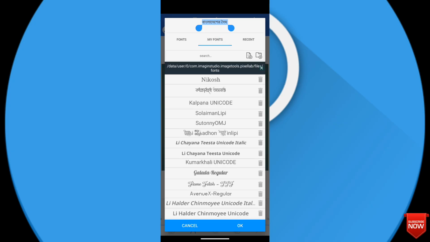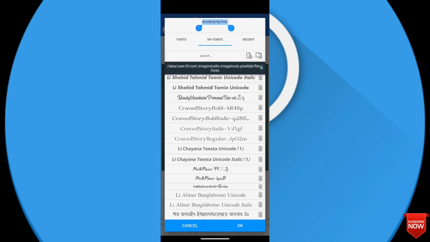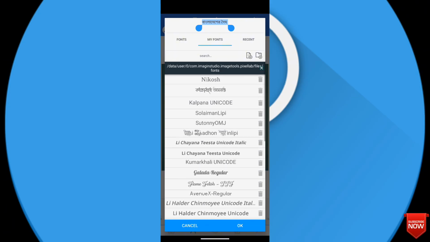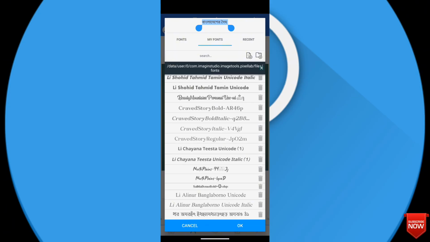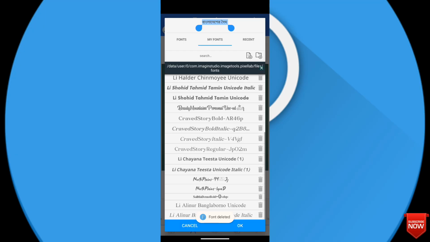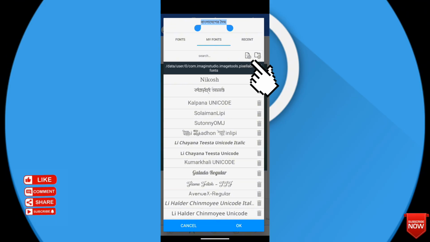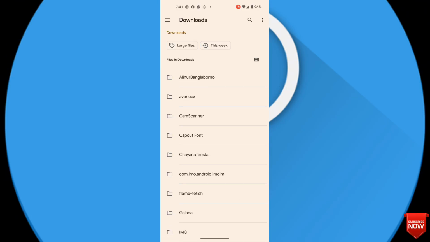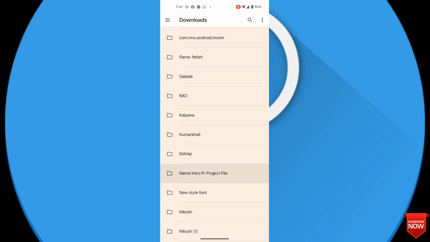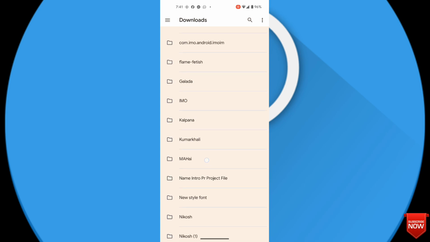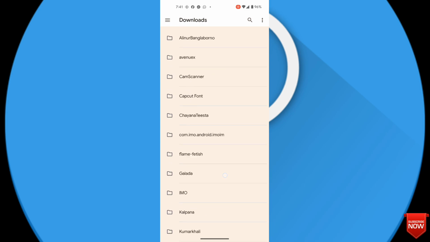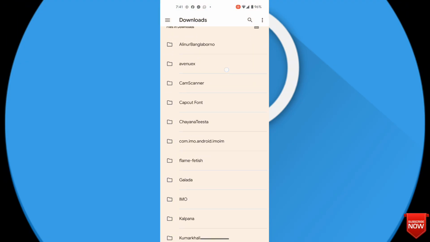For that, I will go to my font. Here you see I added a lot of fonts, and all the fonts I installed. Here you see. Now I will go to the plus icon to set, and click this folder, this one. Click here